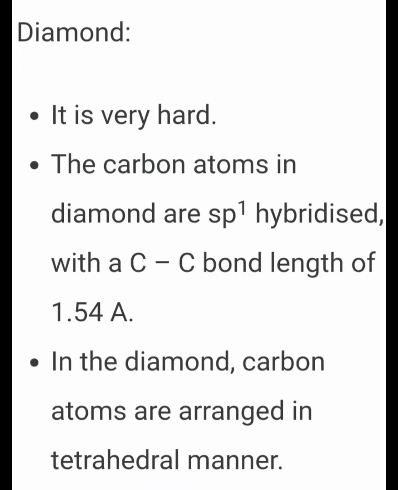Next we are going to see the structure of diamond. Unlike graphite, the other allotrope, diamond, is very hard. We know graphite is a soft structure and diamond is the hardest one. Here the hybridization is sp3 and the bond length is 1.54 Armstrong. This results in a tetrahedral arrangement. That means the shape for graphite is hexagonal, and for diamond it is a tetrahedral arrangement.